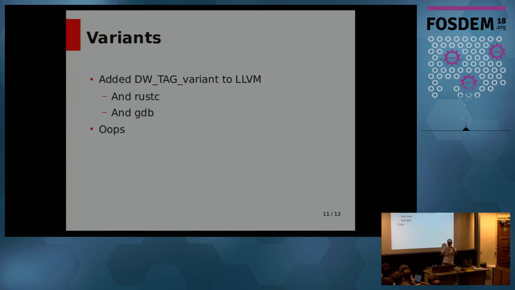No would be a variant part with no payload, no members, and a discriminant of 0. And then yes would have this string in it, and it would be the default. Perfect, right? So step one was add this to LLVM. So I did that. And I did it in what I thought was the obvious way. So I wrote this patch,